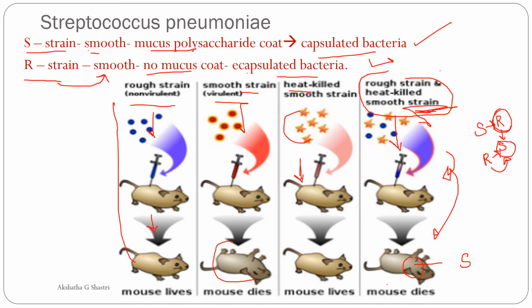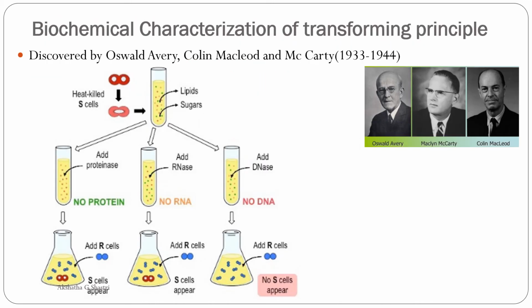but the biochemical nature of the genetic material was not identified from this experiment. So he couldn't tell whether it is the DNA, RNA or a protein. Now let us go for the biochemical characterization of transforming principle. Griffith couldn't prove which one is the genetic material. He just said that the transformation is due to the transfer of genetic material.